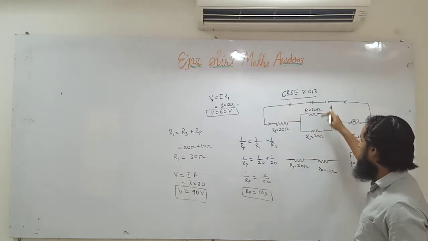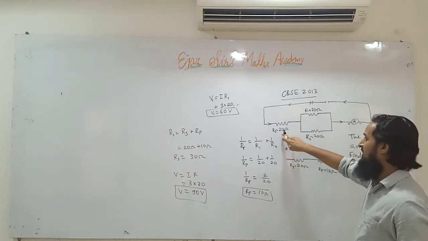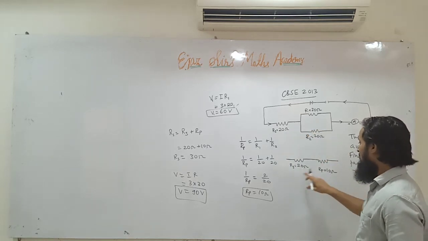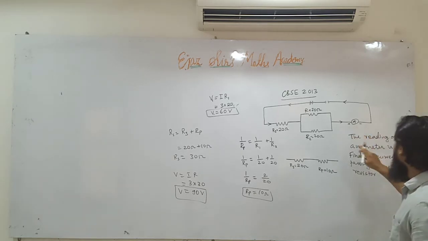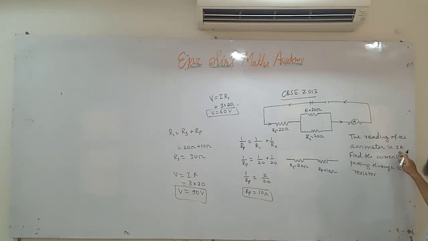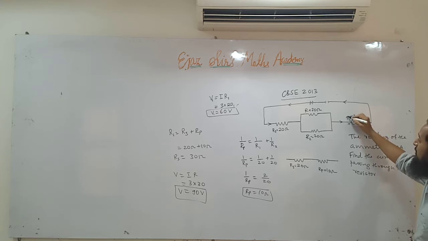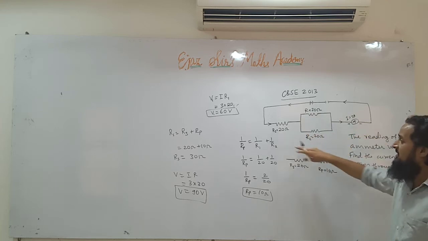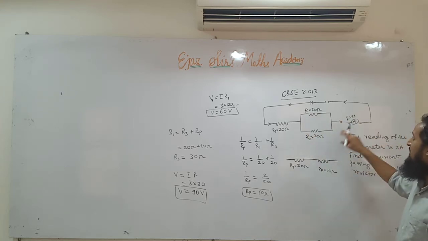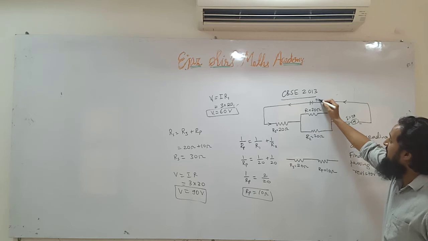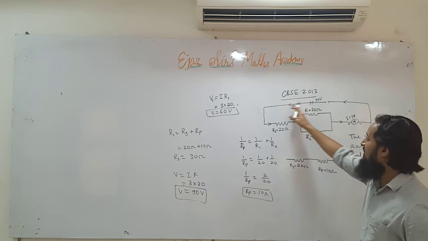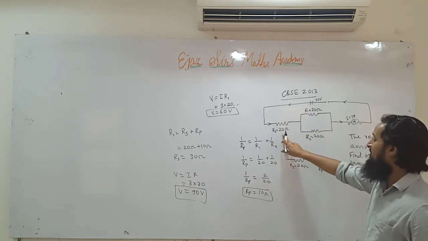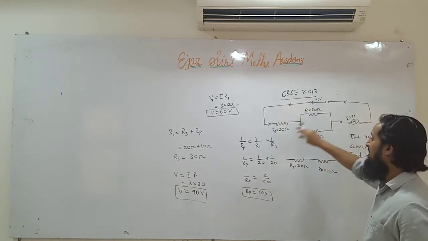So this is 20, this is 10 and this is 20. Then 20 and 10 are in series. So they give us 30. Total resistance is 30 and total current is 3 amperes. It is given here, the ammeter reading is 3 ampere. So the current I is 3 ampere and the resistance is 30 ohm. So that gives us voltage and the voltage has come to be 90 volt. Since the voltage is 90 volt, out of 90 volt, some voltage will be spent here and some voltage will be spent here. It is 20.